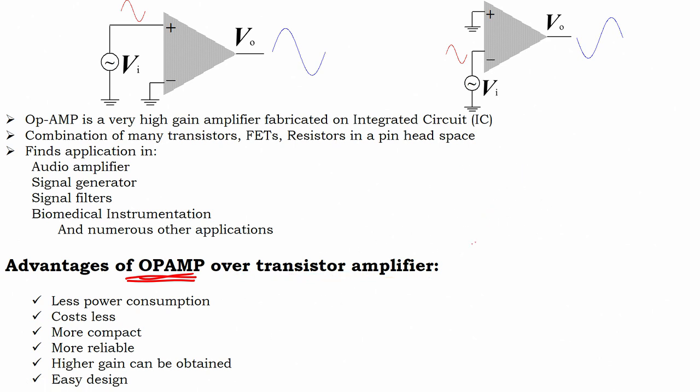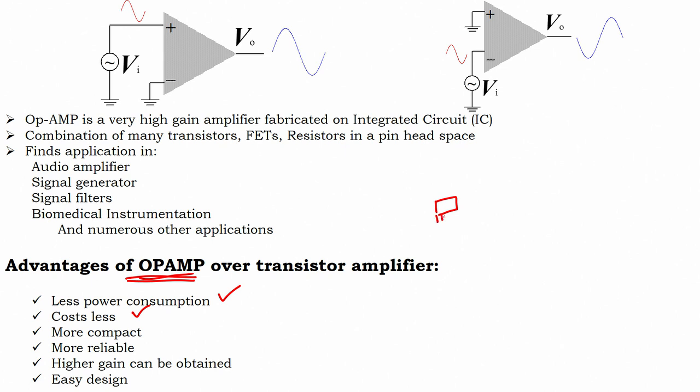These are just a few examples. There are a lot of transistor amplifiers. So, the advantages of the op-amp: first is low power consumption, then the cost is less. When you get an IC, it will be like 15 Indian rupees, right. So, it is really cheap, very cheap, low cost. Then the IC is so small,